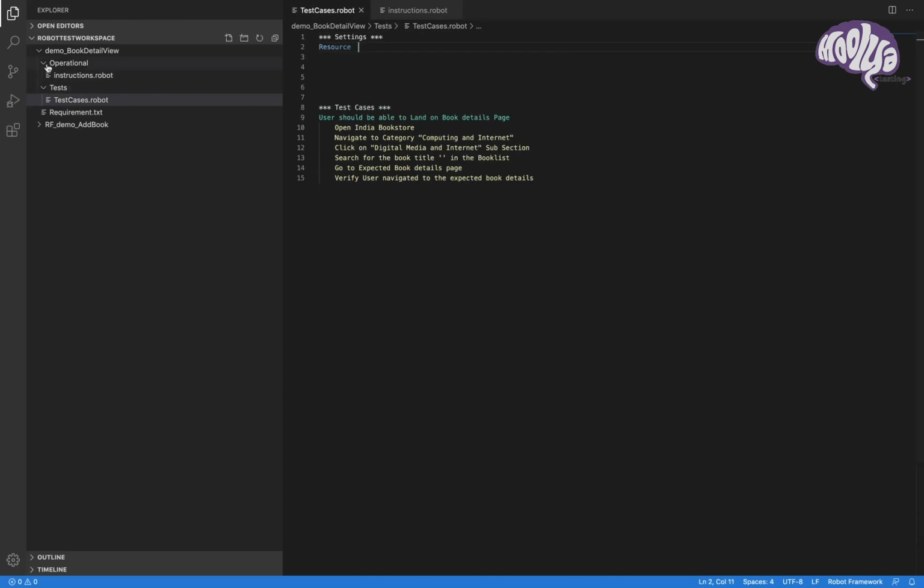Both are in different files, in a different directory. To go to a different directory, use a space, a dot, again a double space, then a slash and then operational. This is your directory name. Under this, instructions.robot. So when you have 10 different files, you need to mention all 10 of them,